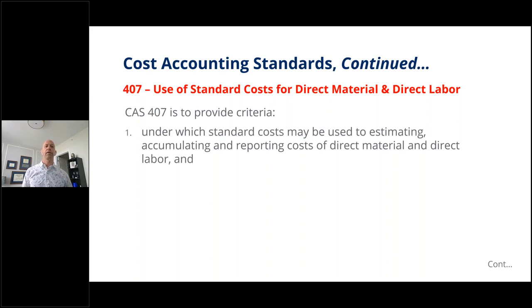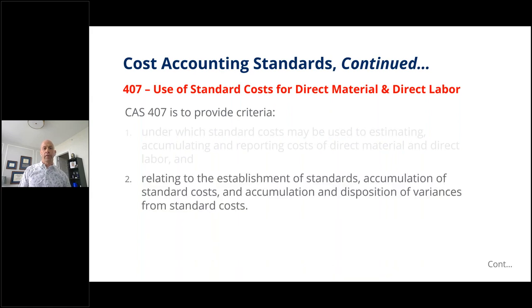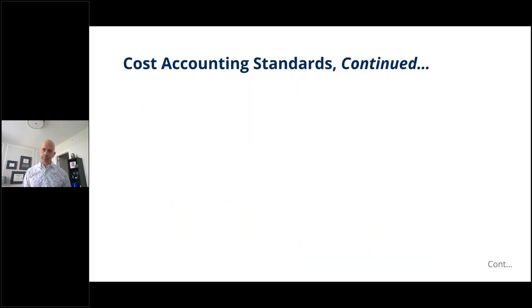And it eliminates issues like this, where if you're reporting an actual cost and you propose an actual cost, then we don't have to deal with the standards and the variances that are involved. Quite frankly, that's one of the issues with CAS 407 and companies that do have standard cost in their setup. You have to make sure that you're reviewing those variances, the terminology here being disposition. So you've got to clear those out. You can't let them just linger out there. You do have to address those variances at year end.